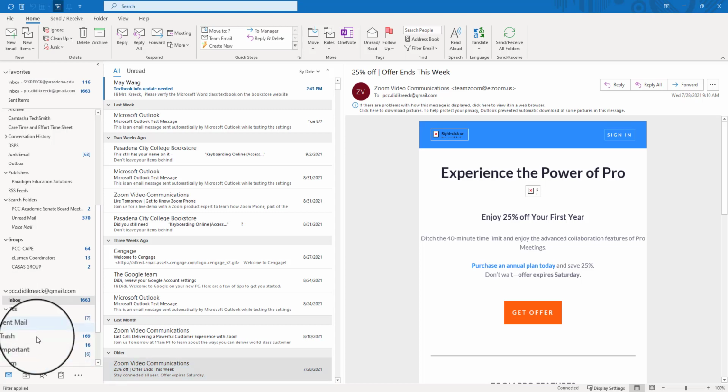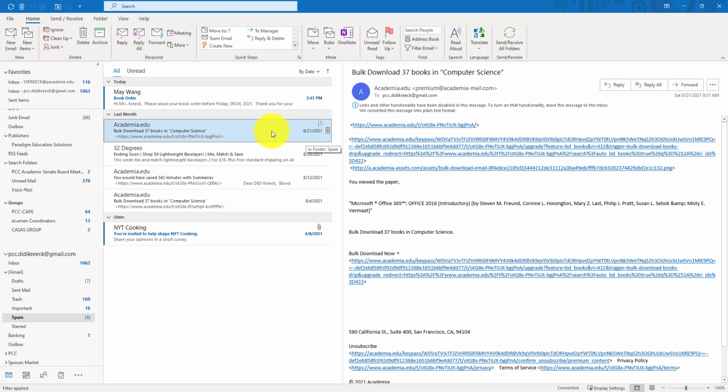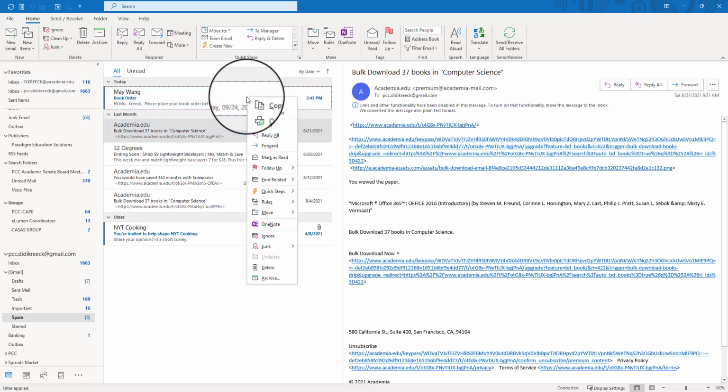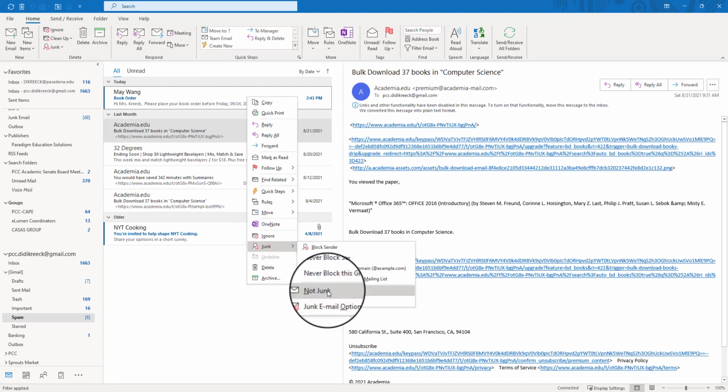Here I can see my other Gmail IMAP folders, such as draft, sent mail, trash, important, spam folder. If I click on spam, I can see what we just added. But there is something here that's very clearly not spam. I can right click on it and hover my mouse over junk. And at this time, we scroll to the second one from the